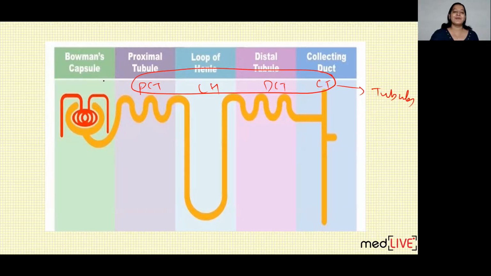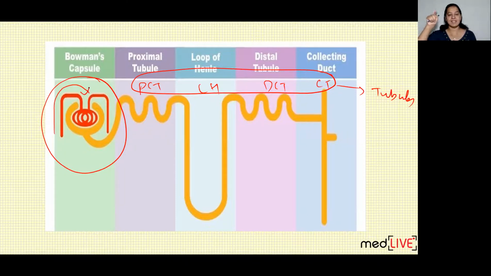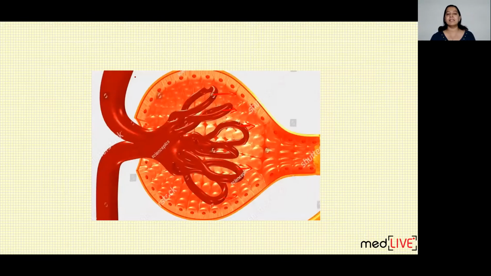Now concentrate on the glomerulus. How does this glomerulus function? How is this formed? Can you see an arteriole is coming inside it, forming a tuft of capillaries inside it and exiting out of it. So this arteriole coming inside is known as the afferent arteriole. Afferent arteriole is coming inside, forming a tuft of capillaries and going out as the efferent arteriole. And in between, a tuft of capillaries is formed. Can you see this in this diagram? Yes, you can see.